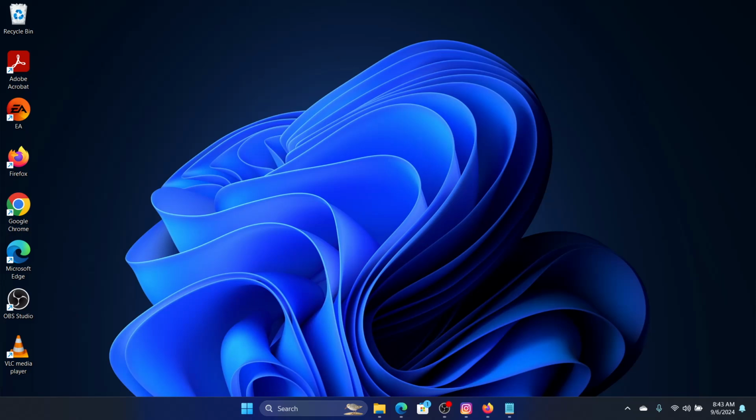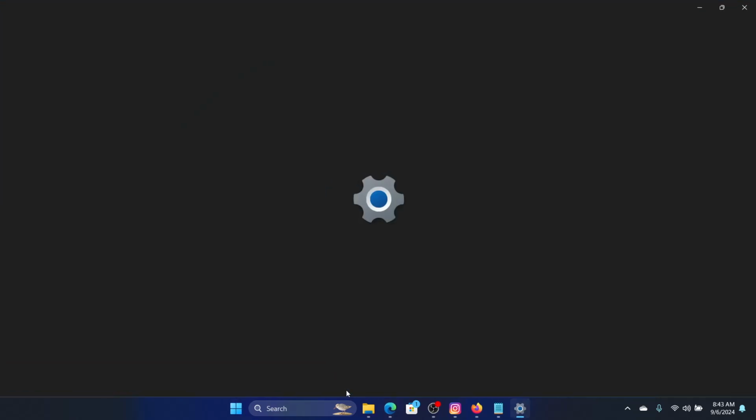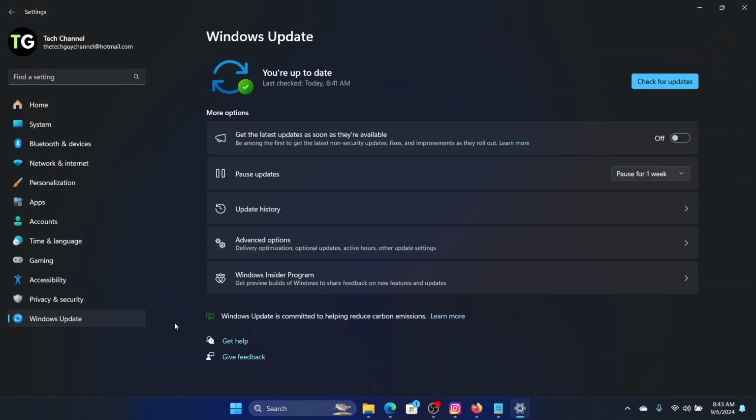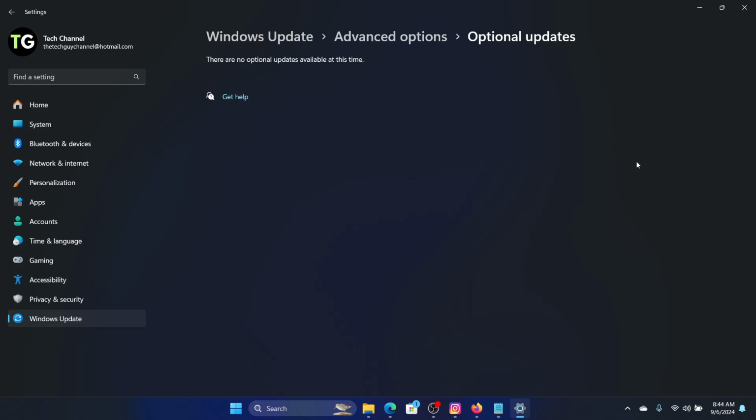If you are encountering DISM error 1392, then watch this video for the solutions. The first thing we need to do is run a Windows update. So we'll right click on the start button, go to settings, click on Windows update, then click check for updates, and while that's running, we'll go to advanced options, optional updates, and we'll update and install any driver updates that